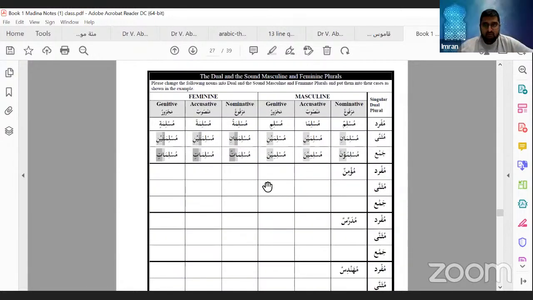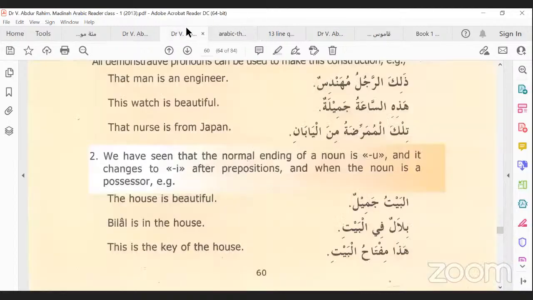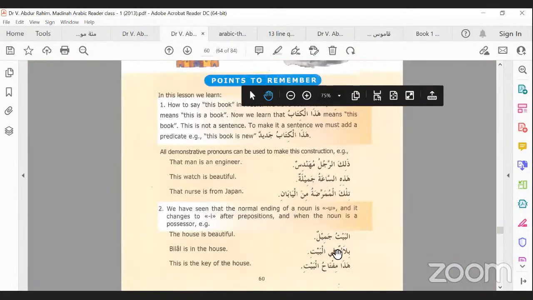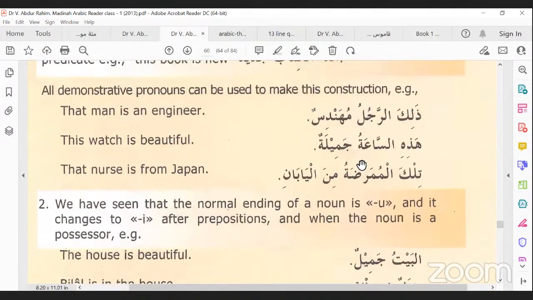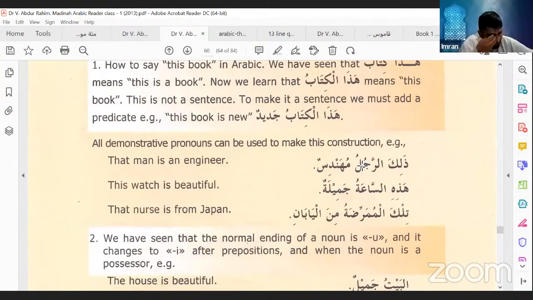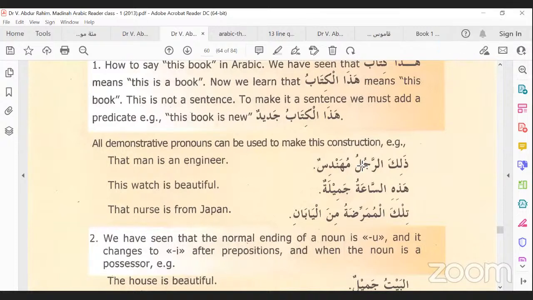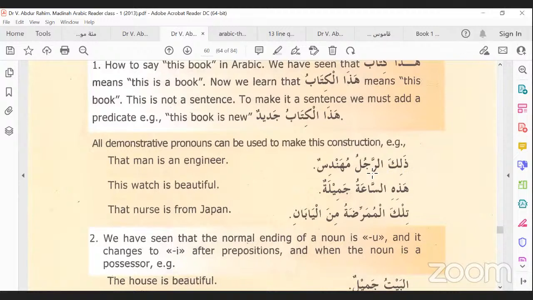Sheikh, I wanted to ask a question. If you can go to the first slide that we were doing, for example, Al-Kitabu. This one I got really confused about: Dhalikar rajulun. Yes, Dhalikar rajulun muhandisun. Now, where Dhalika would be the mubtada and ar-rajulu, no. So what would happen here? Dhalika ar-rajulu. Dhalika is a demonstrative pronoun, it's pointing. So ar-rajulu.